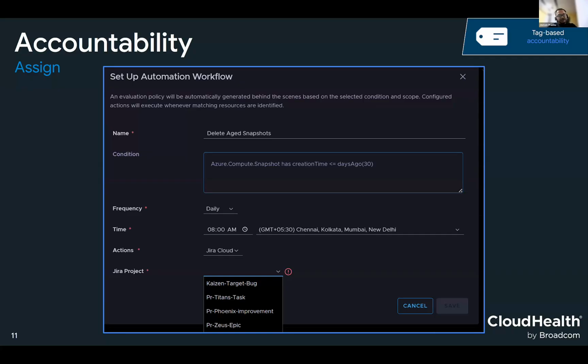Eventually, we will bring in a more granular ownership construct, like if you would like to assign it to a specific person. And here you can also send an email. So right now we are supporting email, tickets in Jira Cloud, and any webhook which you have already configured in CloudHealth Classic. So this is how accountability gets defined.